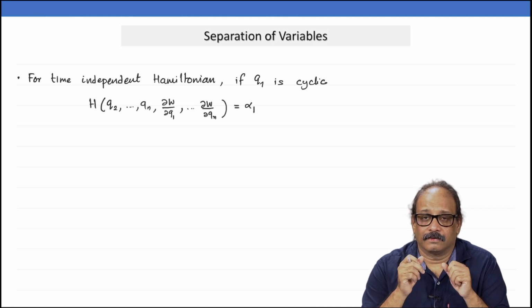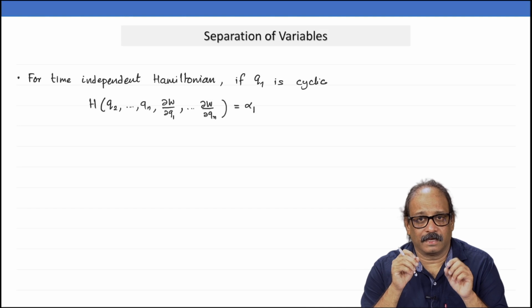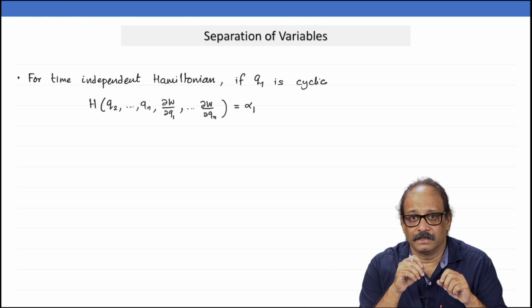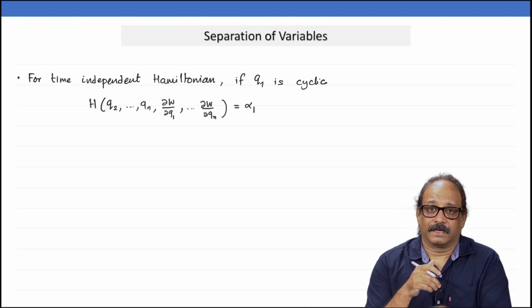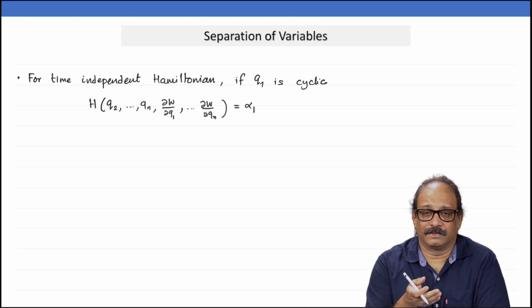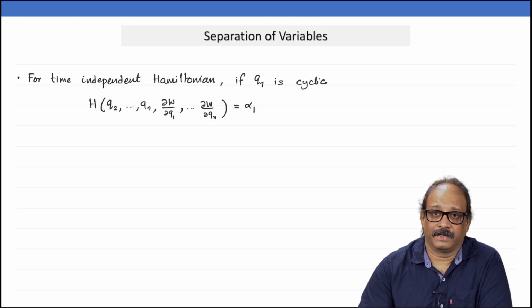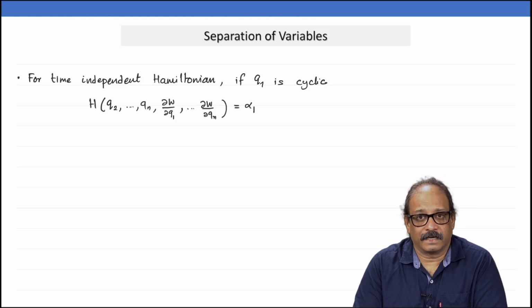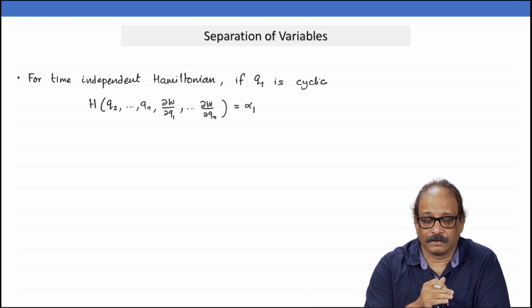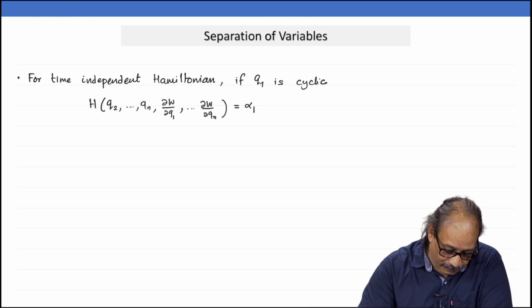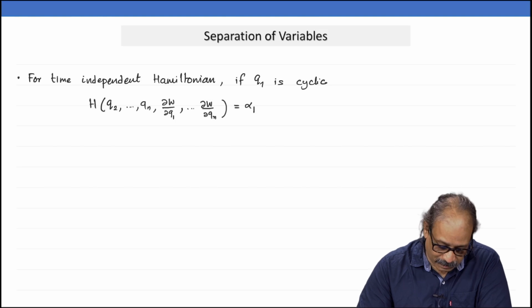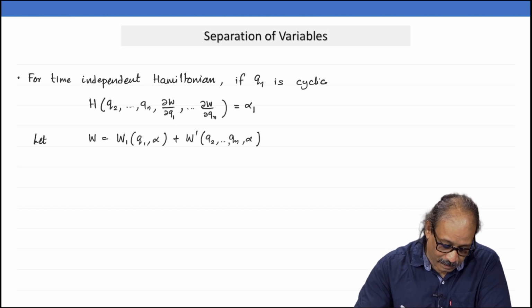Now, a priori it is very difficult to say which of those will be separable unless you actually examine the structure of the differential equation. But for some cases it is very easy to see. If, for example, a variable is cyclic, say q 1 is cyclic, then we can definitely separate that out. Here I have written the Hamilton-Jacobi equation for the characteristic function W. Now, let us assume that q 1 is cyclic.